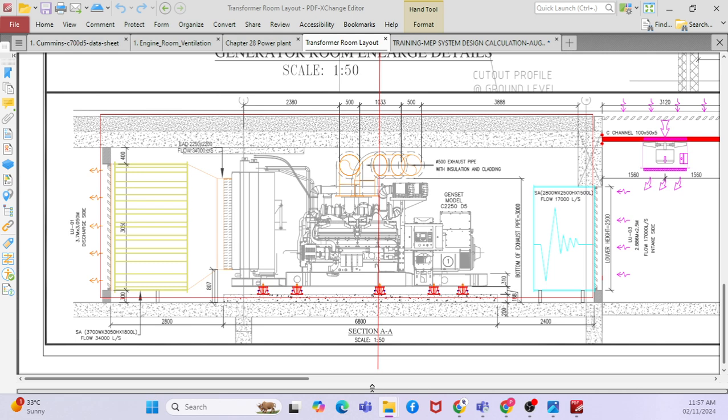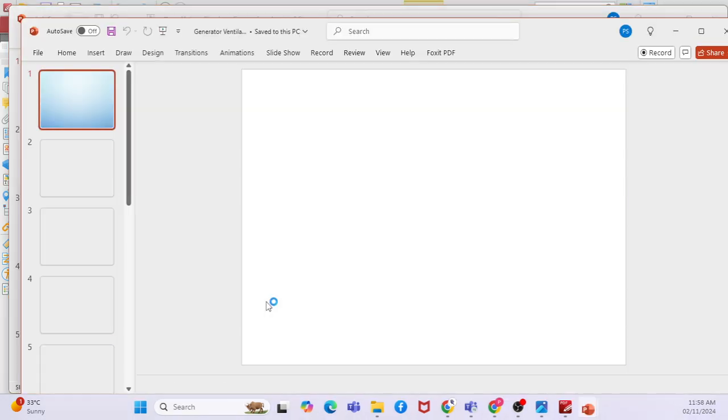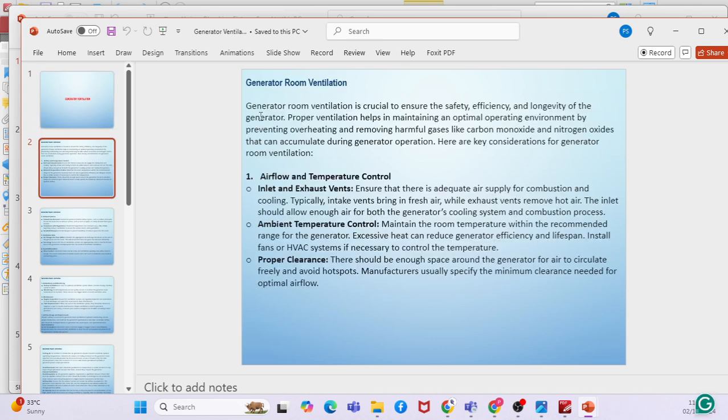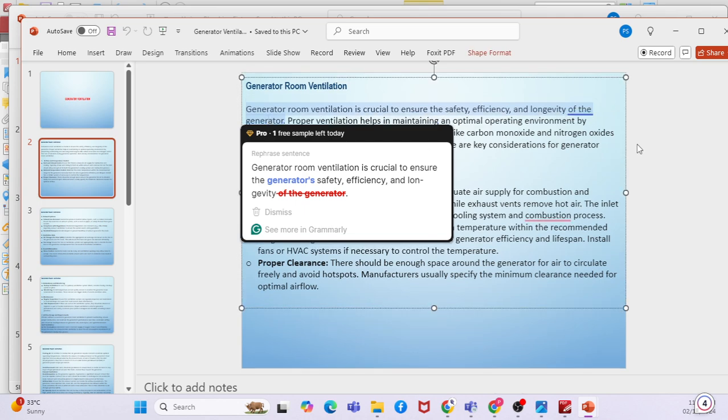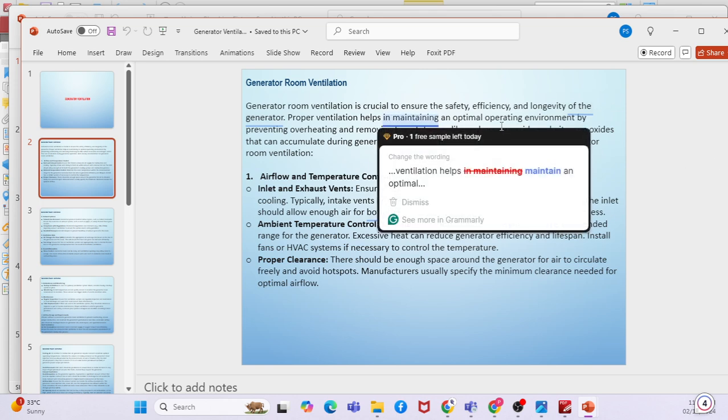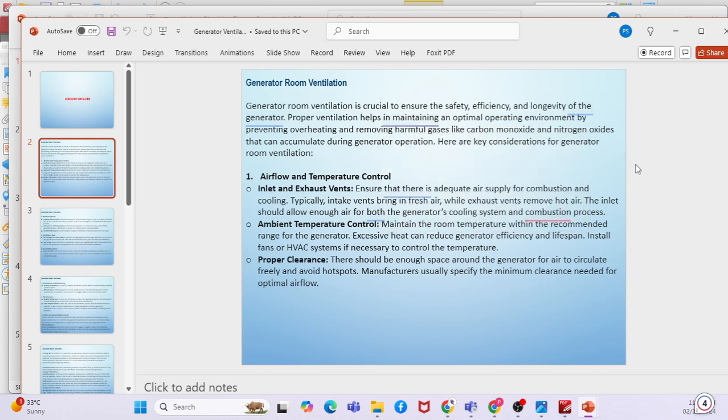Okay, so if I go through the introduction part, let me open. So you can see this is the theoretical part for generator ventilation. Basically, generator ventilation is crucial to ensure the safety, efficiency and longevity of the generator. If the generator has to perform with proper efficiency, you have to properly ventilate. The generator has to work without any excess heat. Proper ventilation helps in maintaining an optimal operating environment by preventing overheating and removing harmful gases like carbon